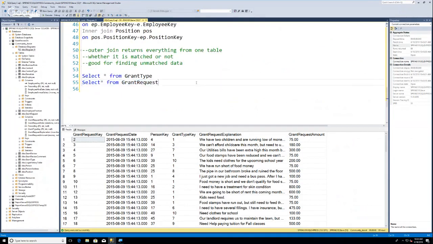So what I am going to do is select grant type name. And then on the other side, I'm going to do grant request key, because that one's real obvious. So that's from grant request. All right, so I'm going to say from grant type, and if you want to alias it, we could do it as GT. And I'm going to say left outer join grant request